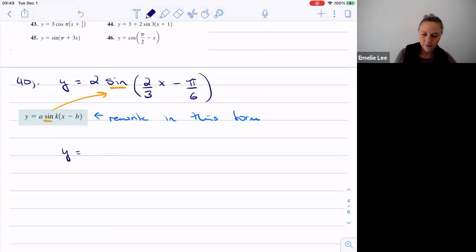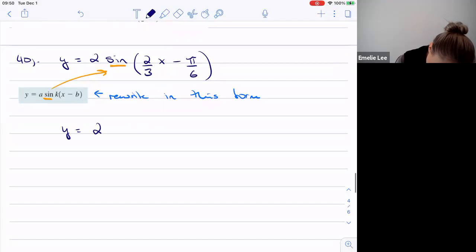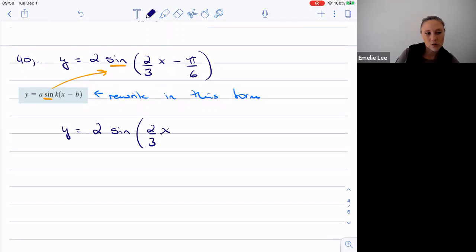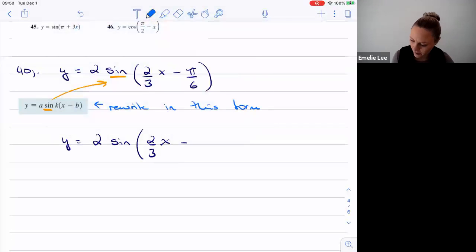So y, there's nothing I need to do with the 2 out here in front. That's just going to be my a. But I do need to shake the x loose. So that means I need to pull out a common 2 over 3 out of 2 over 3x as well as minus pi over 6. So what I have is 2 sine, and then I'm going to just show the 2/3 pulled out before I actually pull it outside. Minus, and here's where I'm going to get a little bit